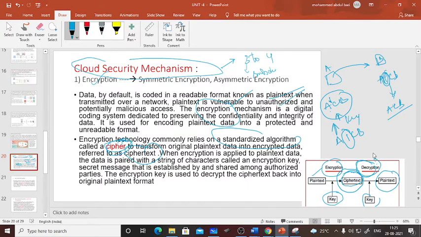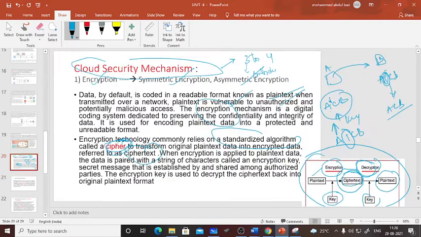This is something about encryption. It is divided into two parts, symmetric and asymmetric. We'll see what the parts are. When you transfer data on the internet, it will be vulnerable, so we add a mechanism to protect it. That mechanism we call the encryption and decryption method, as referred to in this slide. Now let's move on to the next slide.